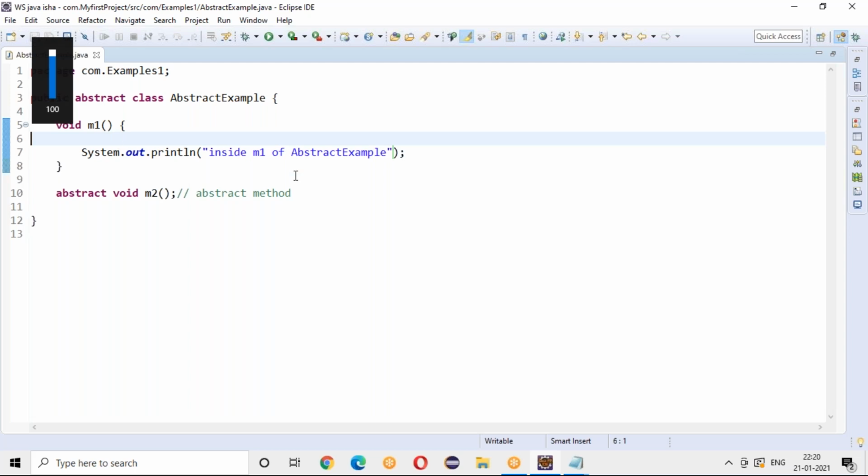That's one question. And one more question is, what is the purpose of a method? When you write a method, it should have a body, right? The general purpose of a method is that it will have a body or a logic. But what your abstract method is doing is deviating from that rule, telling that an abstract method will not have a body and will not have a logic. So then who is going to write the logic for this? If a method does not have a logic, it is useless to declare it, right? So then who is going to solve this problem?